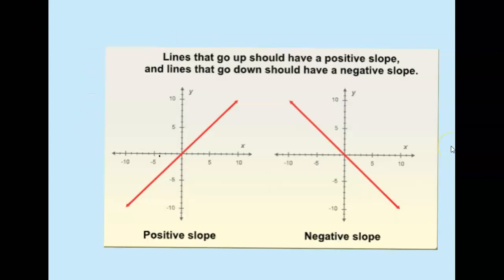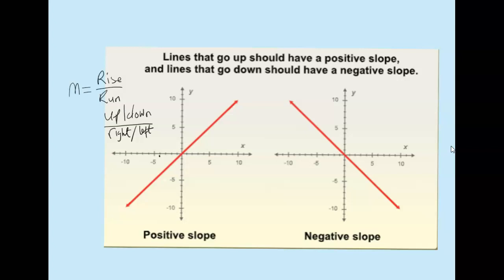Use the idea of the rise over run to determine the kinds of slope that we have. So when we say rise, that means up: you can go up or you can go down. And here you can run either right or to the left. So let's look at